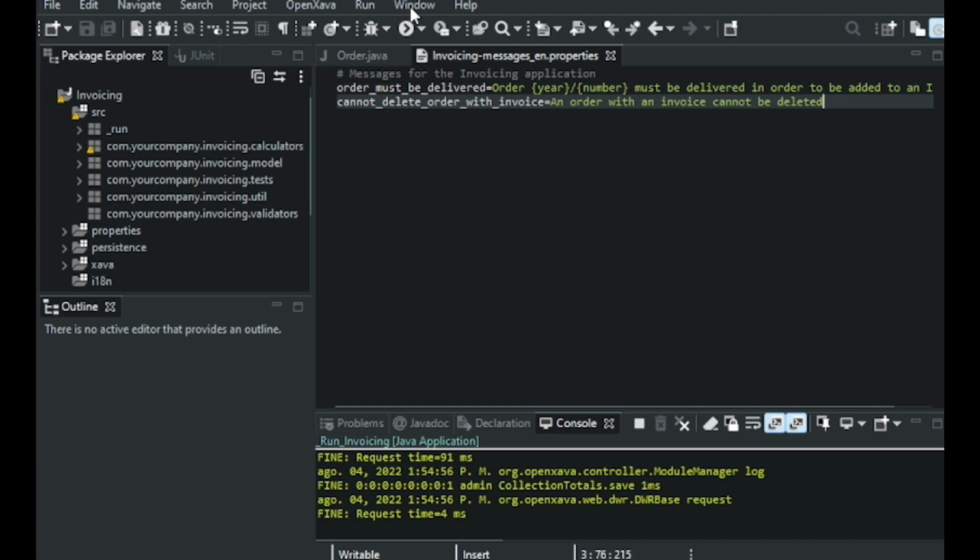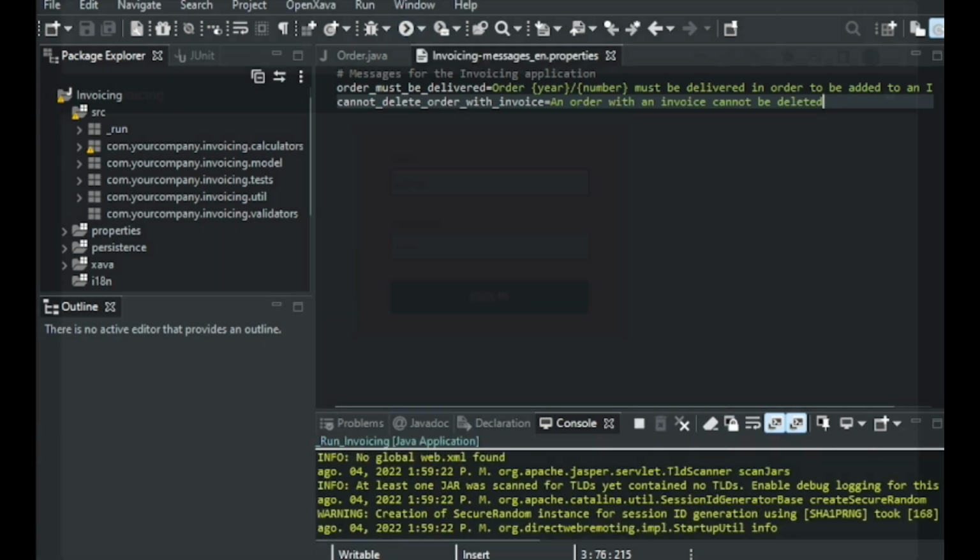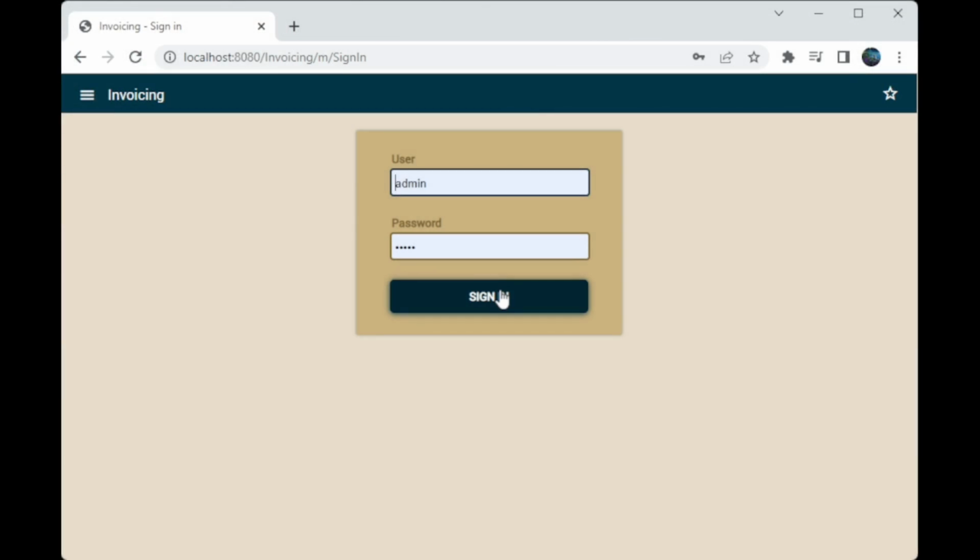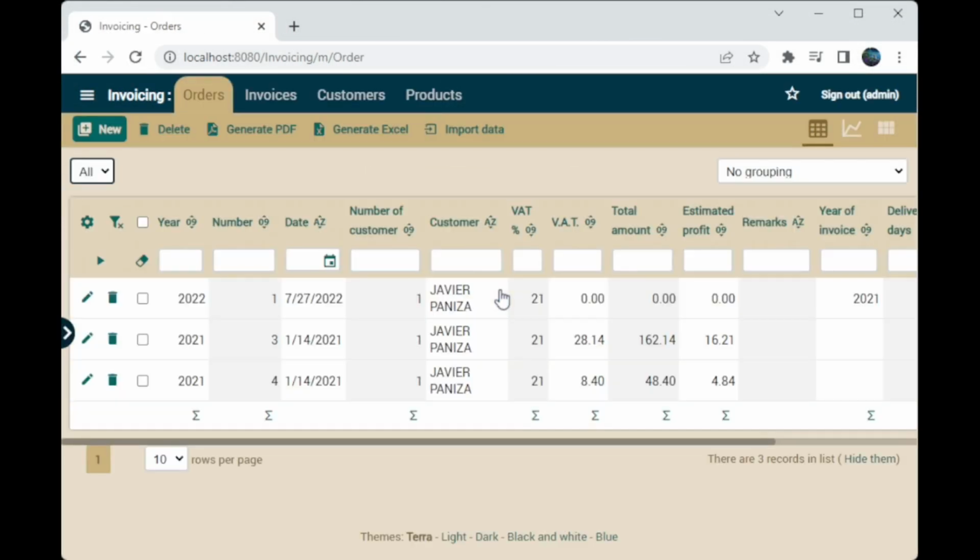So to do this, we're going to click on the run button, and here we enter our application. And now we're going to try to remove an order with an associated invoice, and we should get the error messages, and then the removal will be rejected. So to do this, we're going to go to the menu.